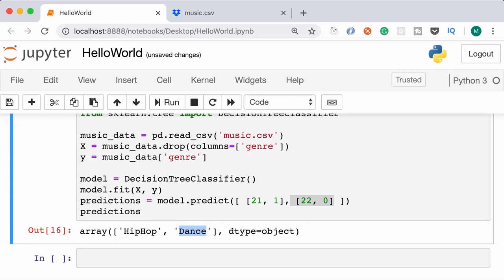Beautiful. But wait a second. Building a model that makes predictions accurately is not always that easy. As I told you earlier, after we build a model, we need to measure its accuracy. And if it's not accurate enough, we should either fine-tune it or build a model using a different algorithm. So in the next lecture, I'm going to show you how to measure the accuracy of a model.